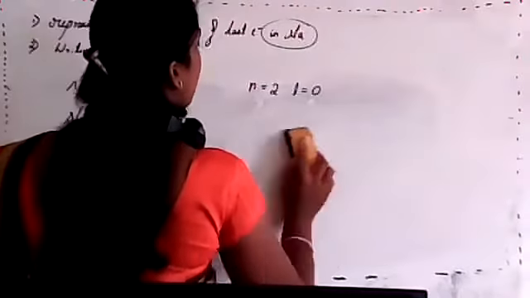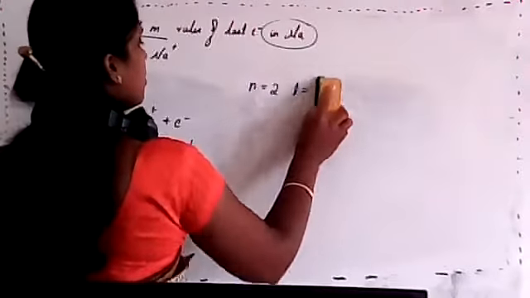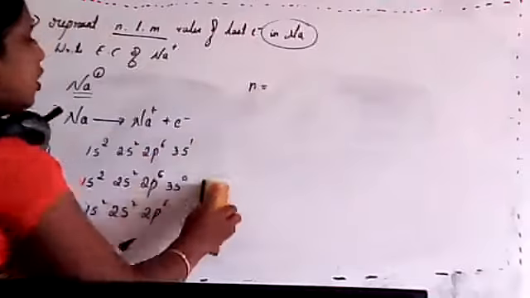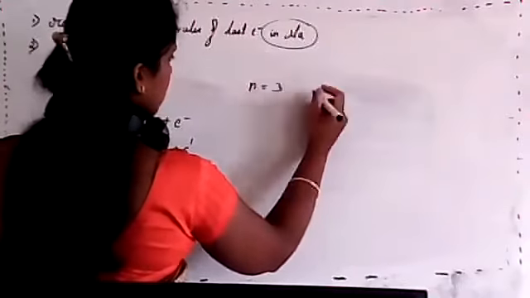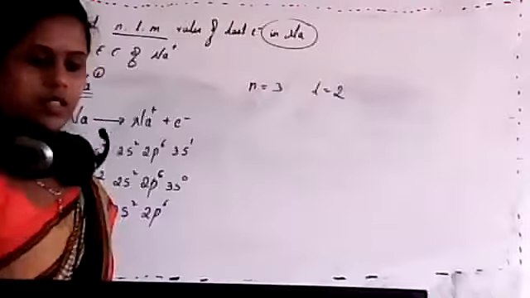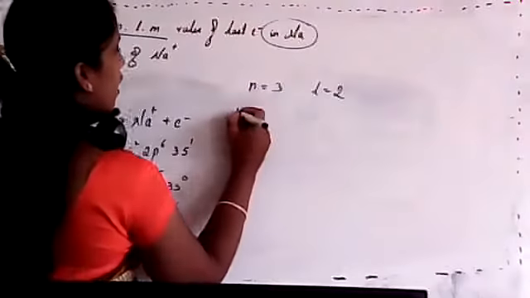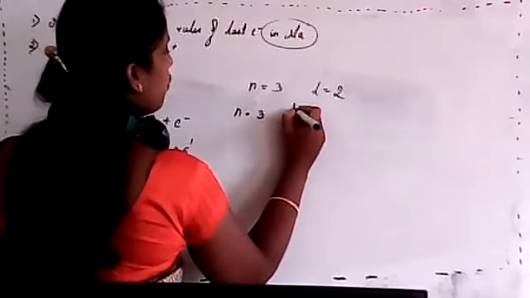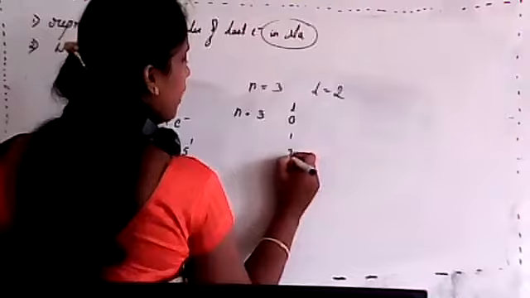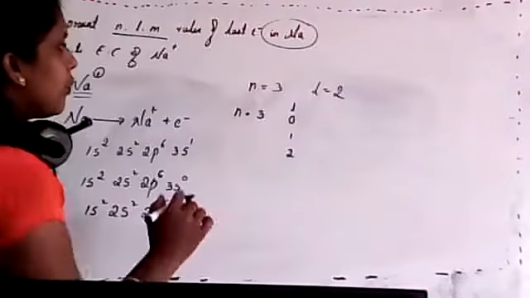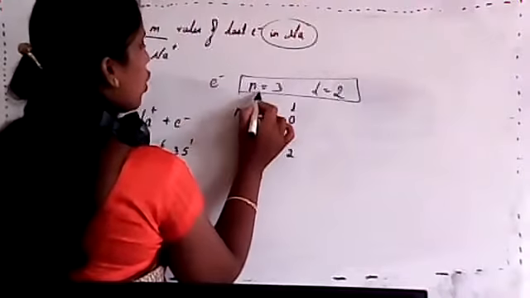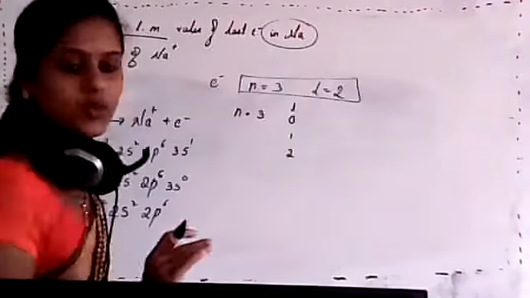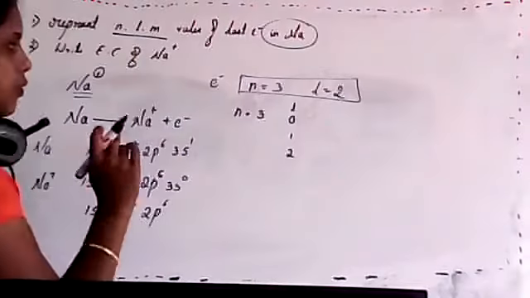So next question. Find the maximum number of electrons. Yesterday we discussed, isn't it? So I told the whole electrons, n equals 3, and the question is l equals 2, I think. So when n equals 3, the value of l is 0, 1, and 2. The question is, find the maximum number of electrons when n equals 3 and l equals 2. The question is this one, isn't it?